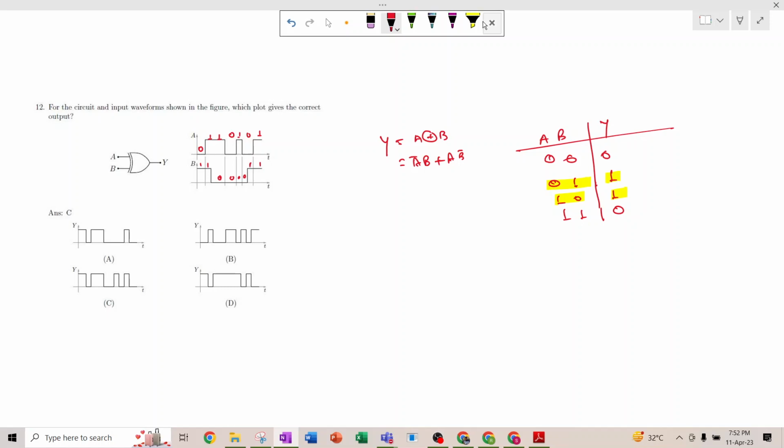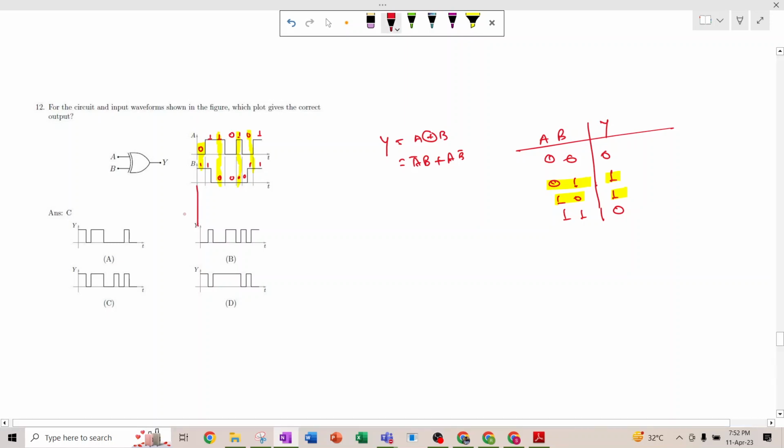Okay, so when will the output be 1? Here it is 0 and 1, so this output will be 1. Similarly here it is 1 and 0, so this output will be 1. Here we have 1 and 0, so this output will be 1. Here also the output will be 1. So the correct answer will be,